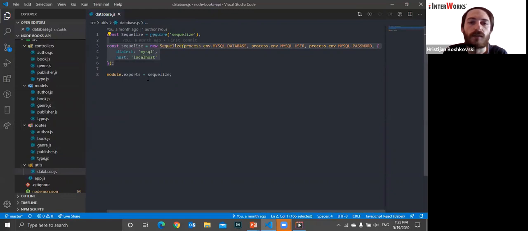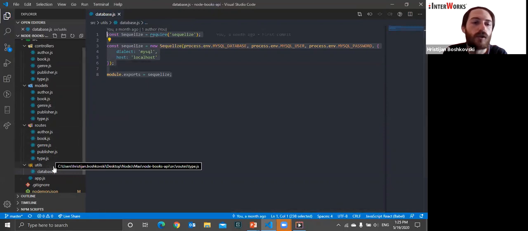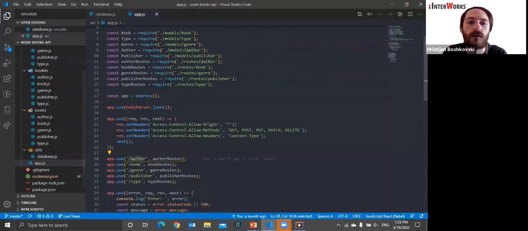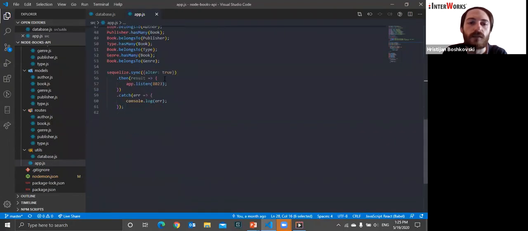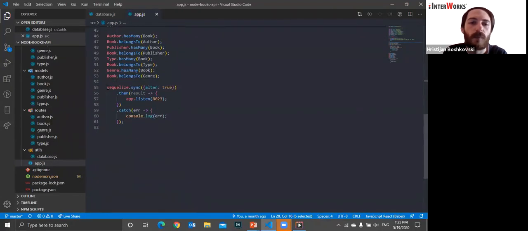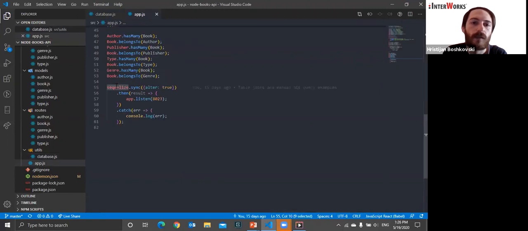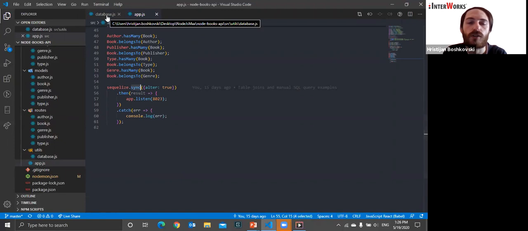So now we got the connection with the database, but we need to actually test if this connection is working. We can do that in our app.js file, which is the entry file. How do we test the connection? We can test the connection by calling that connection, which I named sequelize, and calling the sync method inside,